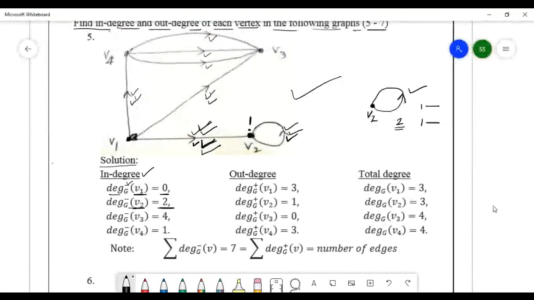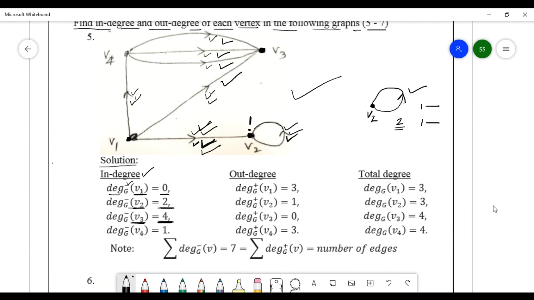Yes. Okay. Now come to in degree of vertex V3 here. V3 is here. Now see how many edges are coming here. This one coming 1, this one coming 2, this one coming 3, and this one coming 4. So total 4 edges are coming, that is, in degree 4 at vertex V3. Right?